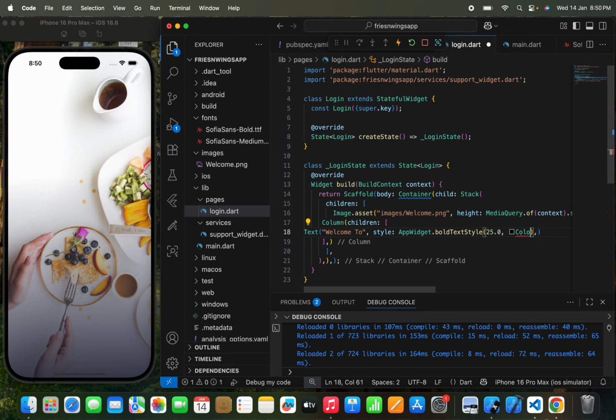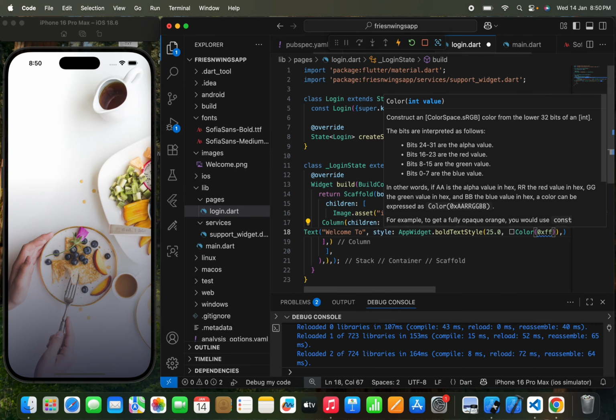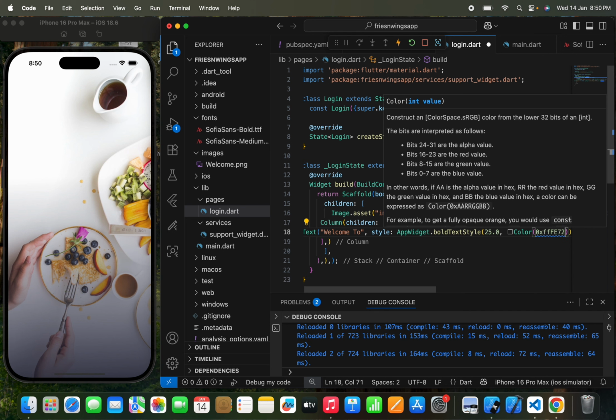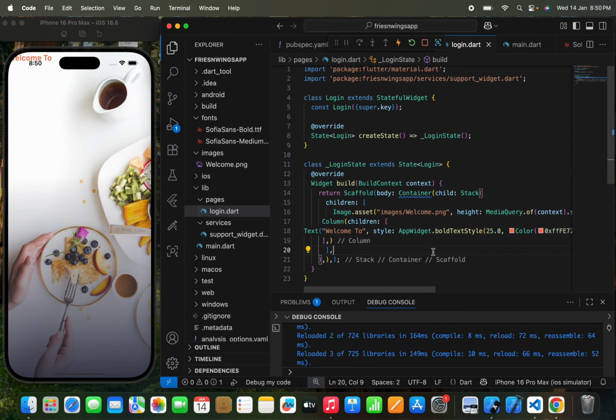Okay, wait a second, I just need to write color, and in the color I'm going to write 0xff, which is our code, and we are going to pass FE72724C. Okay, so this is the color code that we can pass. Now here you can see that this is the text. I think you can't see that clearly,